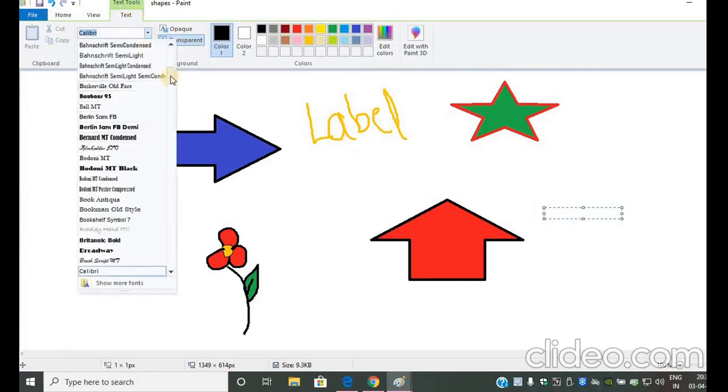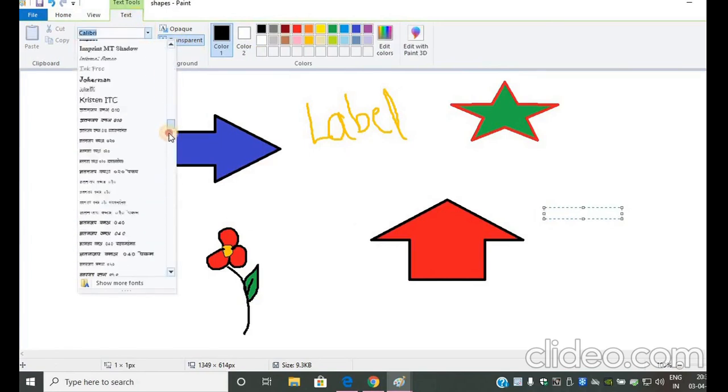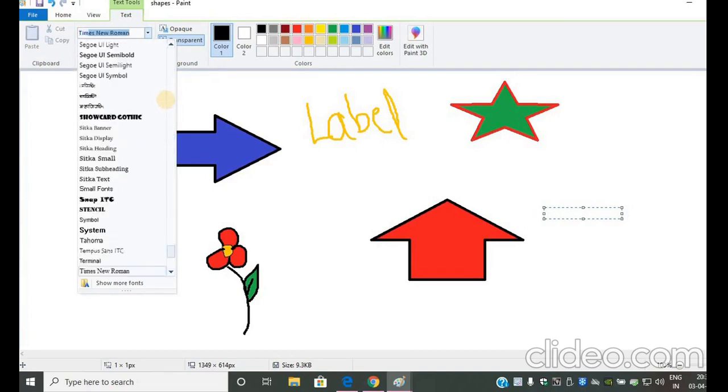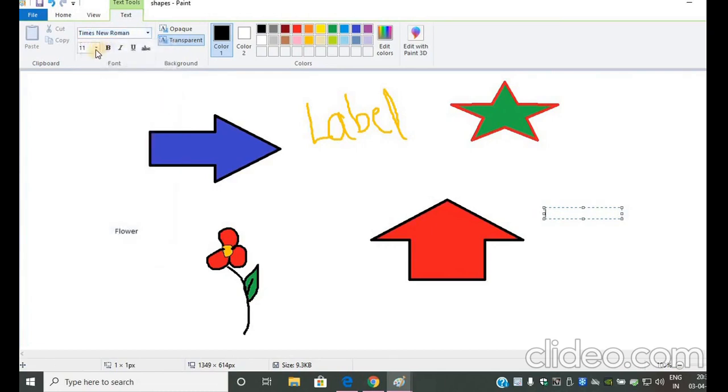If you want some other font, you can select from here. Like usually we use the Times New Roman, so you can get that font. You can change the font size if you want much bigger font, so that also you can get. If you want it in bold, italic or in underline, so you can get it in bold, italic and underline.